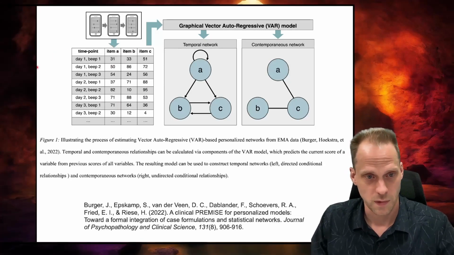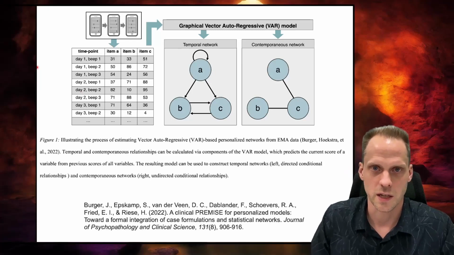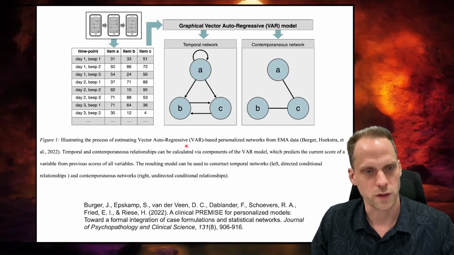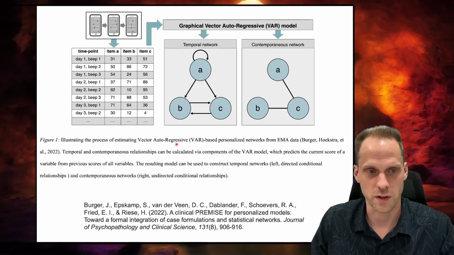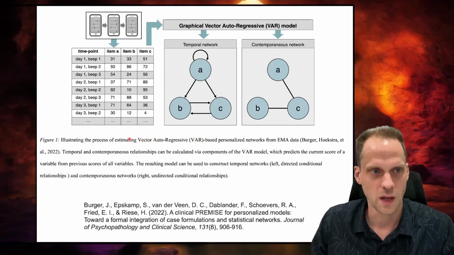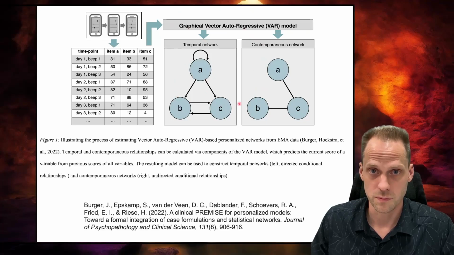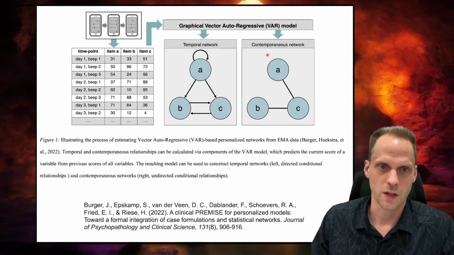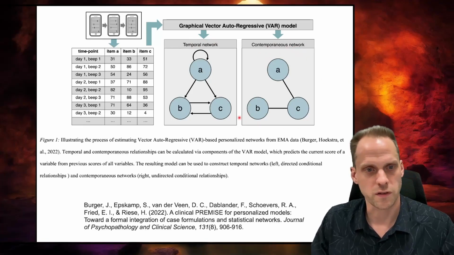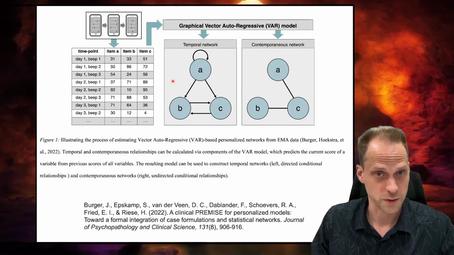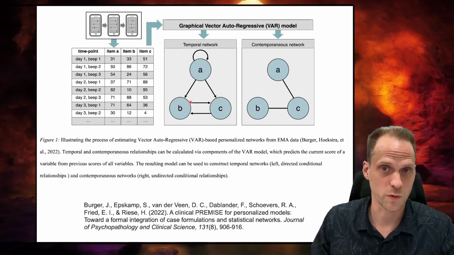So this is your data, and the type of networks that we estimate from this data, we usually call vector autoregressive models or graphical vector autoregressive models. Now what's happening in these graphical vector autoregressive models is that we don't get one network, but two. We get a contemporaneous network and a temporal network. The contemporaneous network is actually the Gaussian graphical model, or the partial correlation network, that you've already seen before. So we add this temporal structure, which tells us something about how variables relate to one another